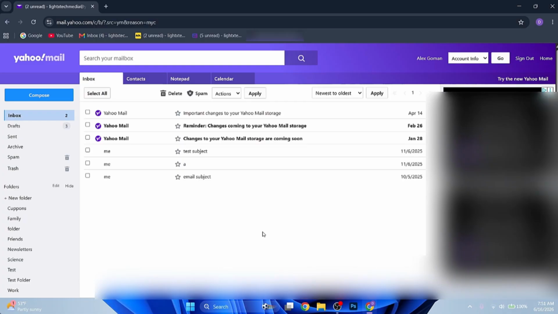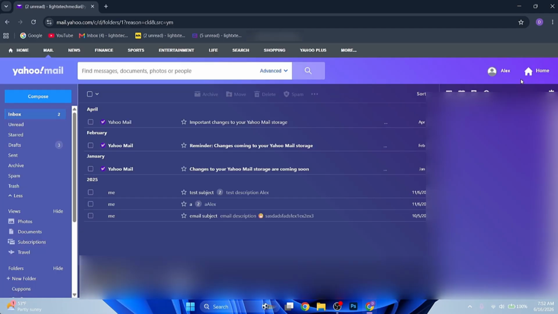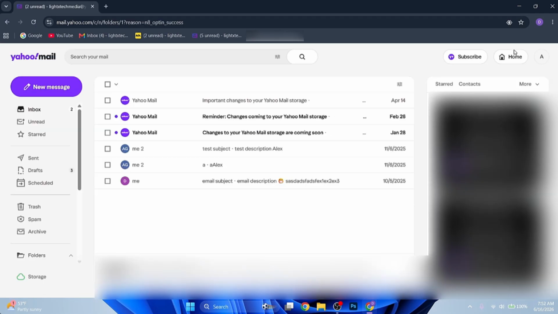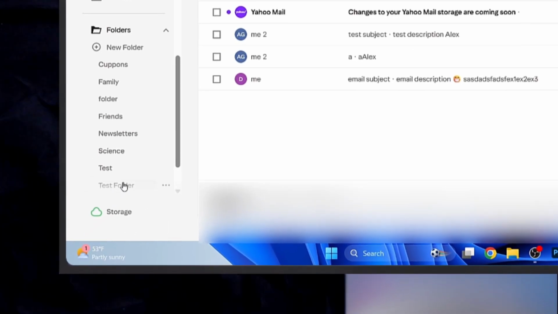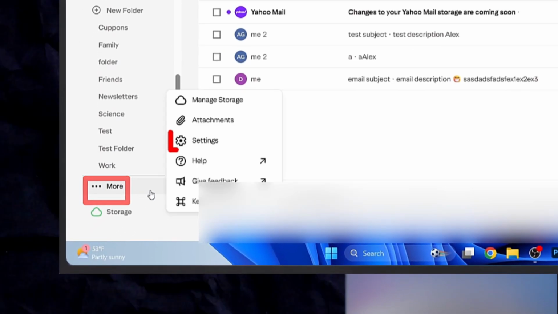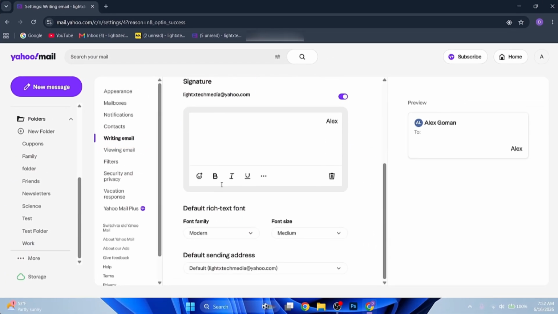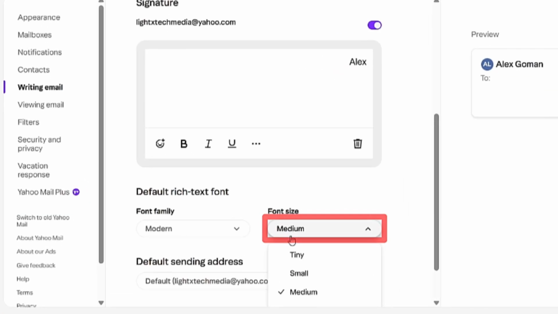There is no available option in the settings of Yahoo Mail in any of these versions. So I went through the settings of all three versions of Yahoo Mail. Let's get back now to the newest. There is no setting to change the font size or the text size in Yahoo Mail. The only setting right now available, I will show you where that is, is if you go to settings, then you'll find here at writing email down below you can modify the font size when you are writing